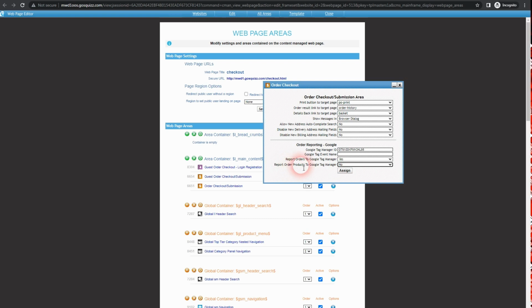And then we've got an option if we want to pass Google the product information as well. So it's product name, product code, the discounts applied to a product, any pricing that is set there, as well as quantities. That's optional. You don't need to pass it to Google if you don't want it. If you only want Google to report the overall pricing on the order data, then you would set that to no. Otherwise, you can set it to yes and click save.